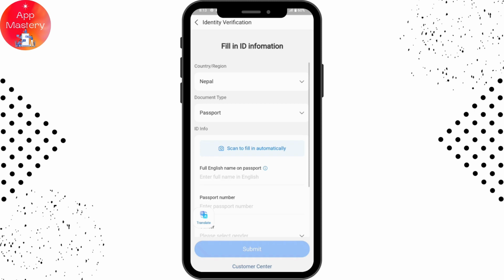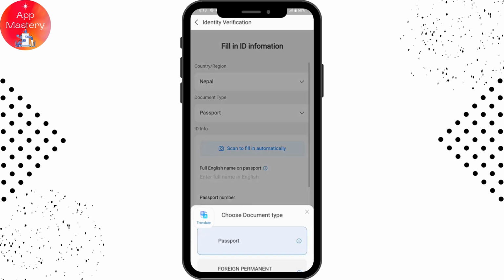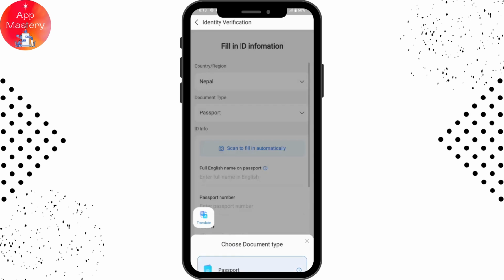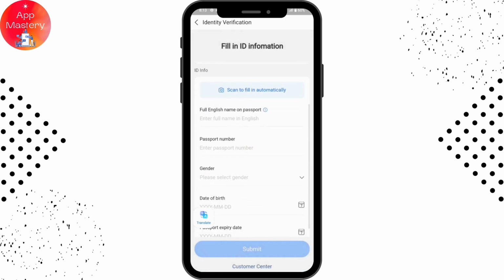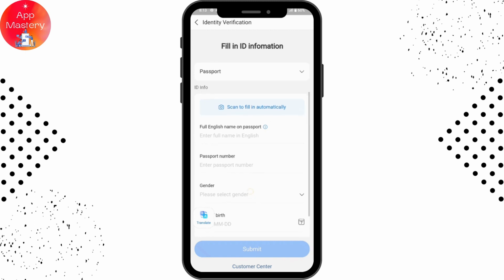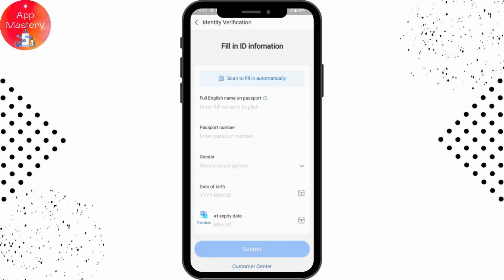So you need to enter your country or region and then your passport or the document type. You can simply choose any one, like your passport or your foreign permit resident ID card, and then you can enter your passport number or your full name on your passport, and then your gender, your date of birth, and your passport expiry date. So once you fill in all of these ID information, you need to simply tap on submit. And once you tap on submit, your account will be verified. And that's how you can create and verify your